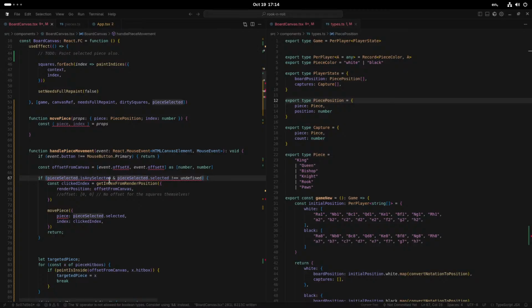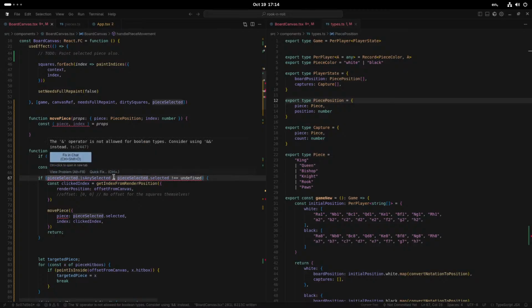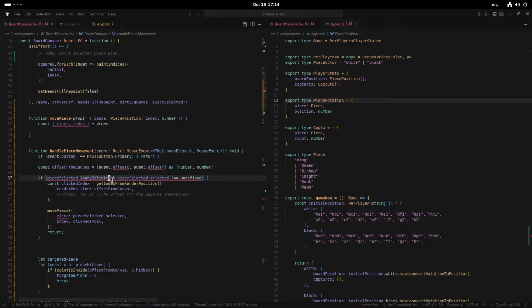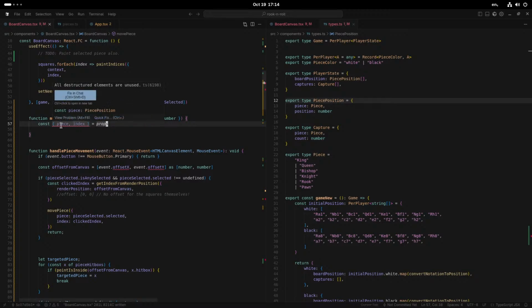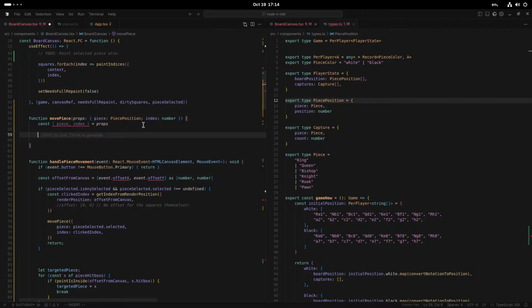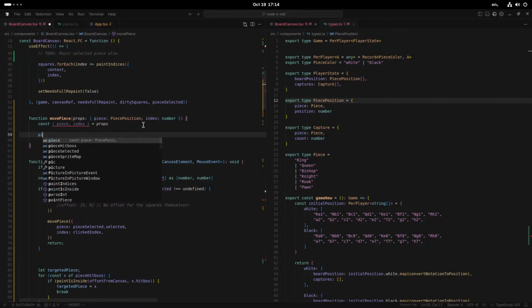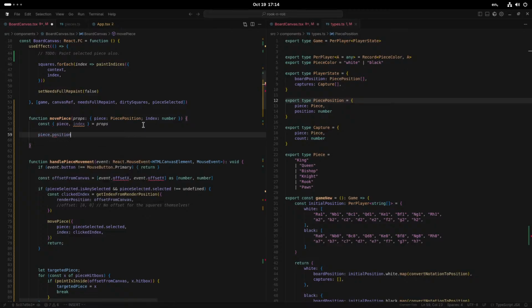Just handle it here. Okay, what's going on here? Okay, great. Now piece is of type piece position, great. I don't think we care, because we're not trying to program legal moves, we don't care about the piece's previous position. So I think we can just override it. Okay, now